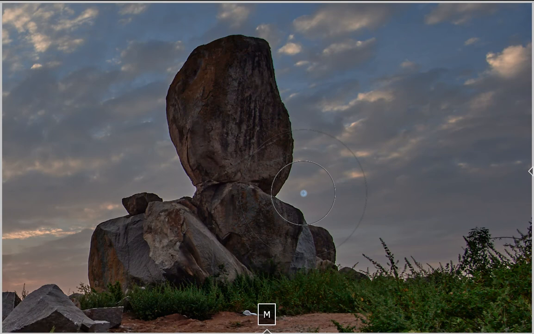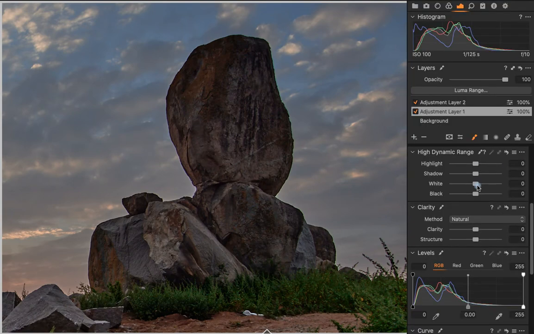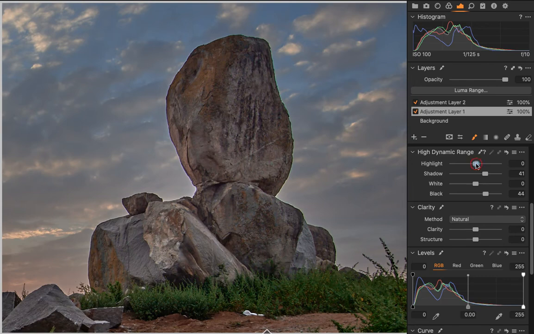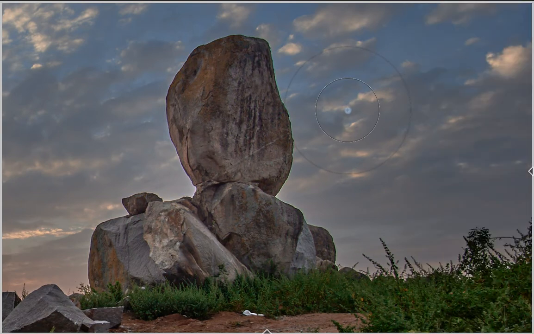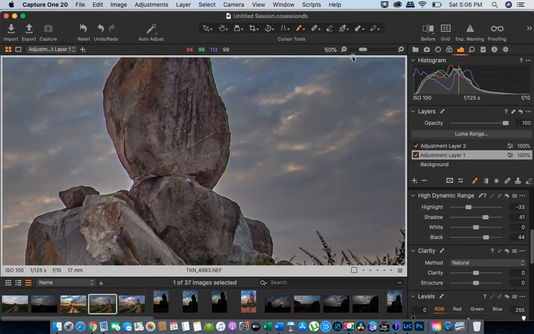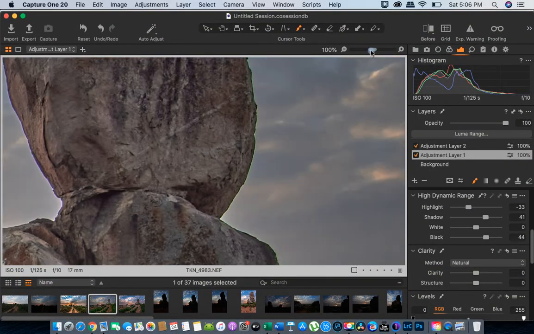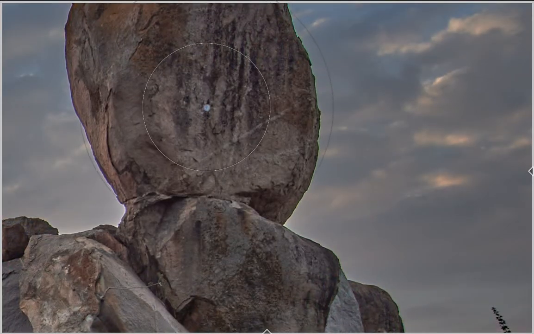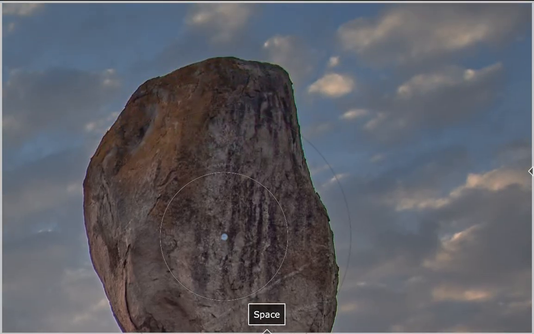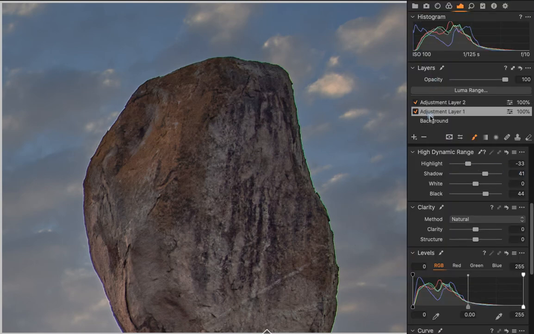Yeah, so the mask is nicely refined. And now if I want to brighten this rock a little bit, I can pull up the blacks a bit, pull up the shadows a bit, lower the highlights. Let me zoom out again, it's 50%, so I can take 100% and see the actual image size preview and then do the editing.